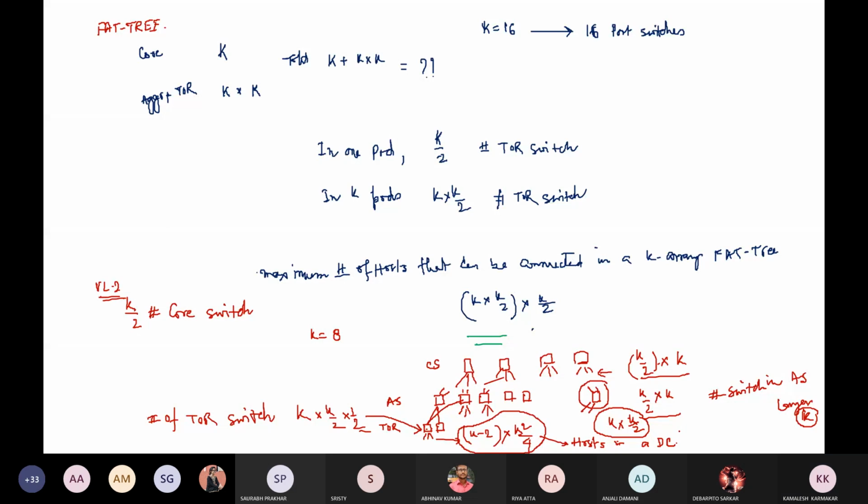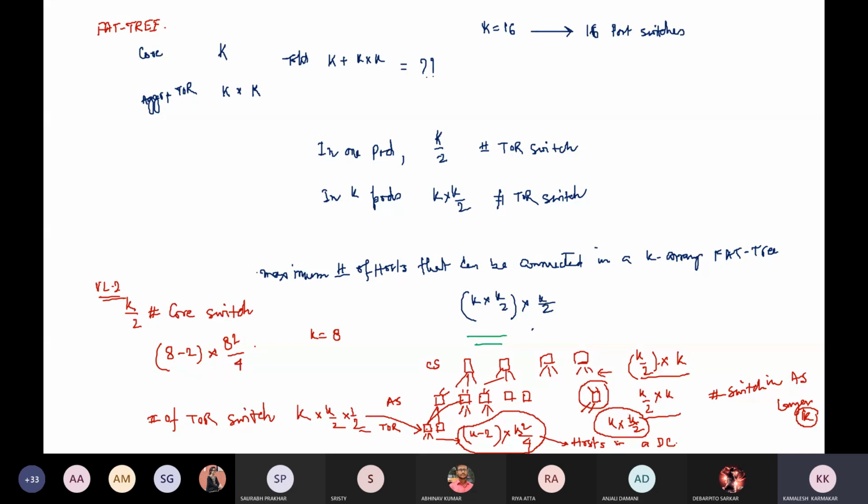Okay, so just for example, if we use k equals 8, the number of hosts that can be connected to a PL2 network is, you can put this value, so it will be 8 minus 2, k minus 2 multiplied by 8 square by 4.